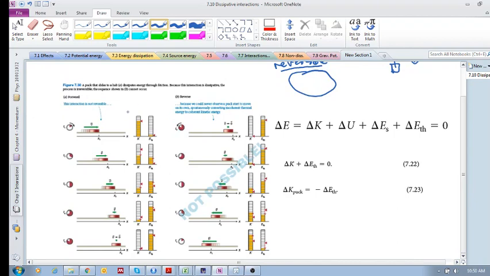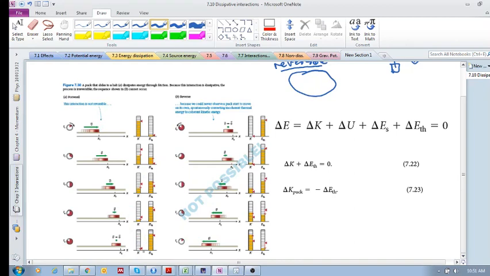Whereas what happens if you have a puck sliding across a floor? Well, we know that it starts off with a certain amount of kinetic energy. And as it's sliding, the kinetic energy is obviously decreasing because of the friction slowing it down, and the thermal energy is increasing. And then it finally comes to a halt. The kinetic energy is zero, and the thermal energy is at a maximum. But this is not reversible.